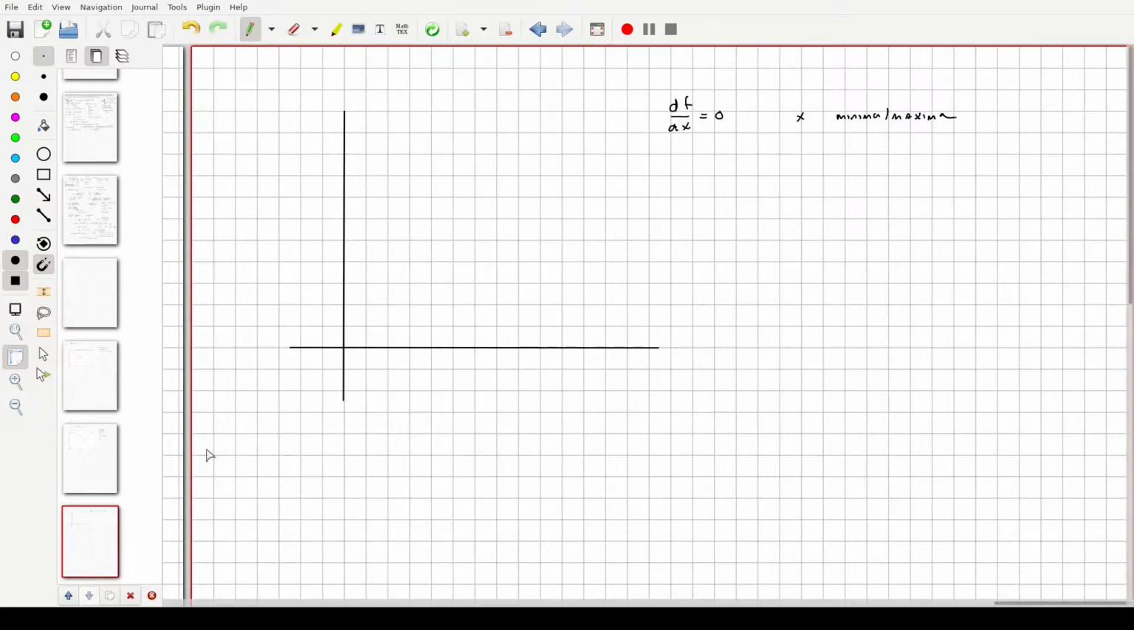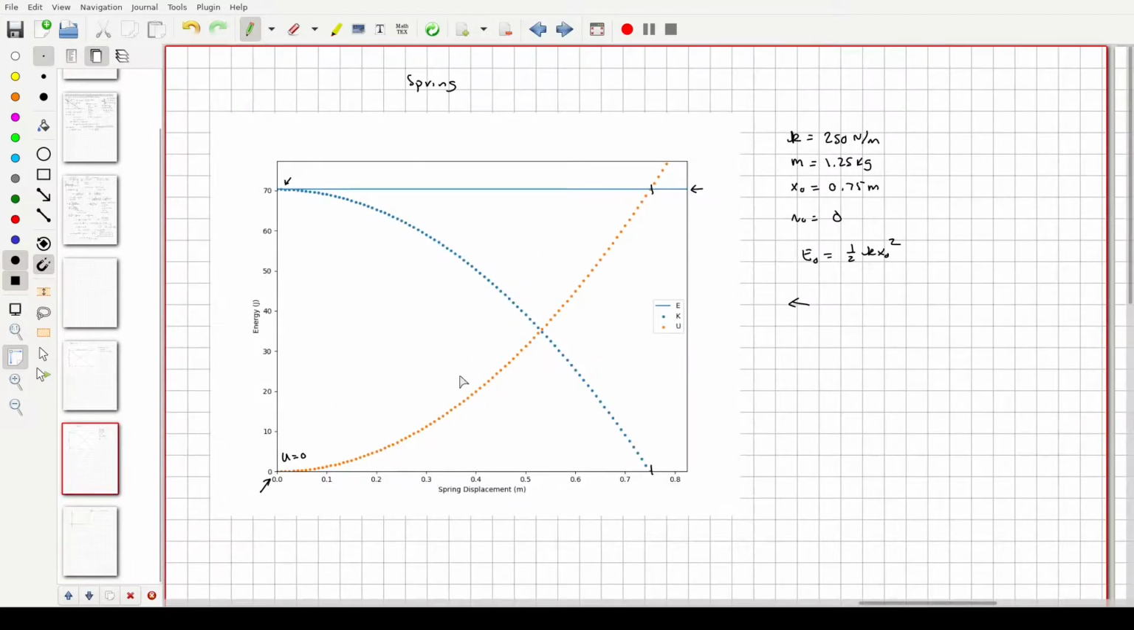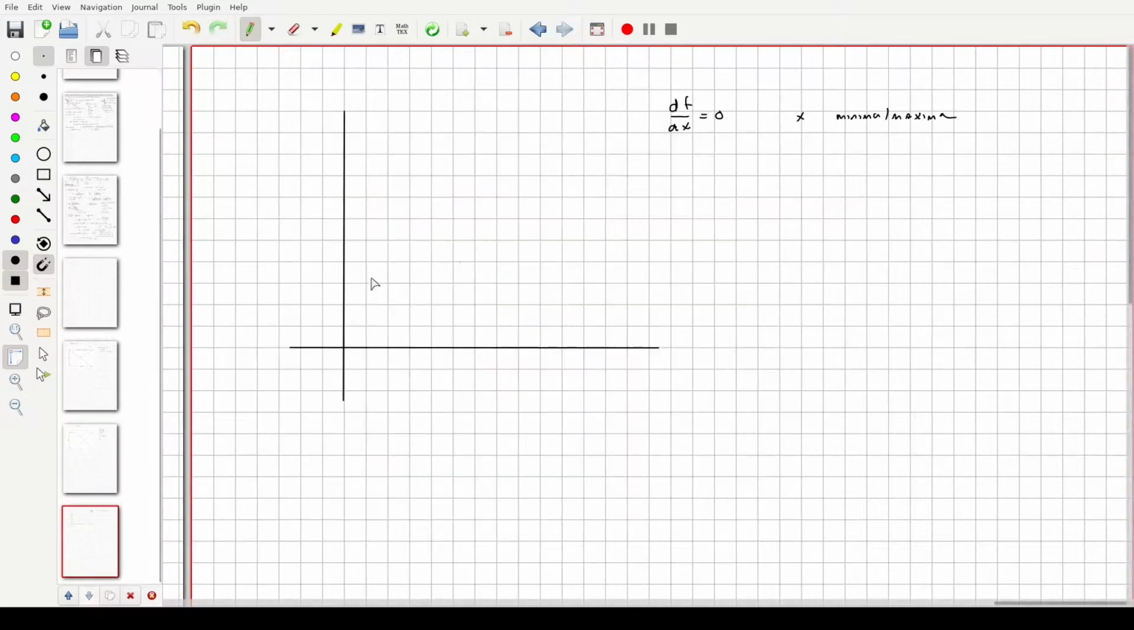Right? So for example, if you look at the spring problem here and you just look at the potential energy, 0 is the minimum. That's the minimum of potential energy. And that also happens to be the place where the force is equal to 0, which makes sense. But no matter how complicated your potential energy might look,